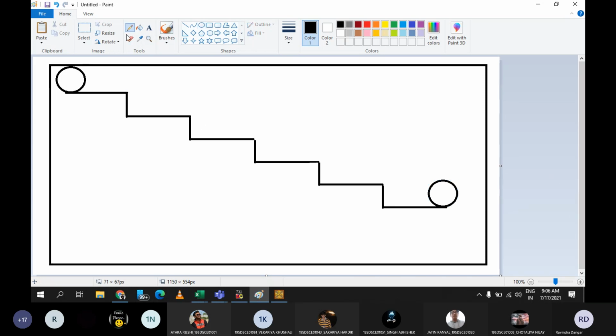It should be like this. From here, it will be here. Then from here again vertical, so your object will be here. From here again horizontal, so it will be like this. Again here, something like this. So this is what you need to do. And at the end, it should be here. This is very interesting, and if you can do this, then surely I'll give you a party.